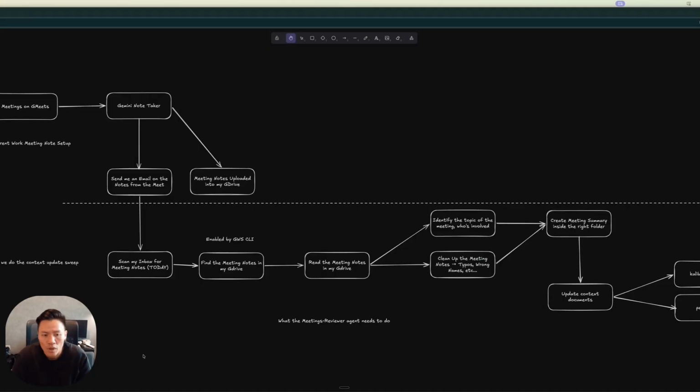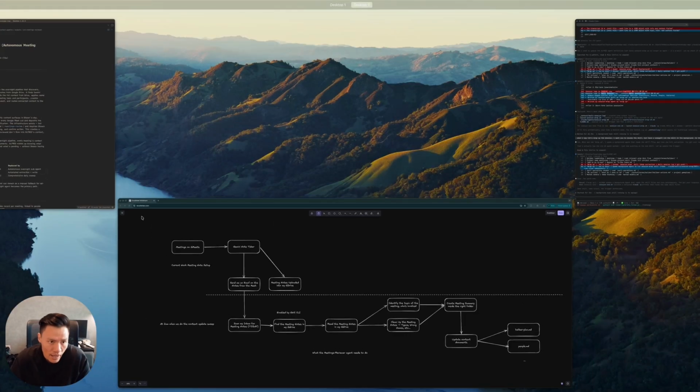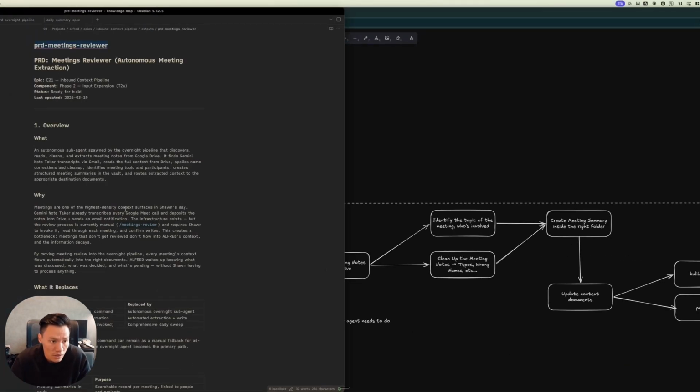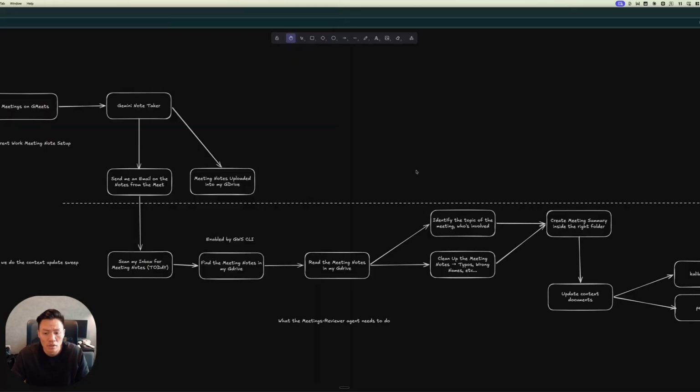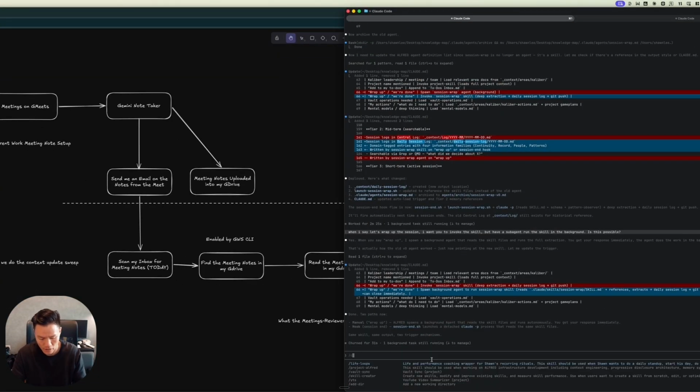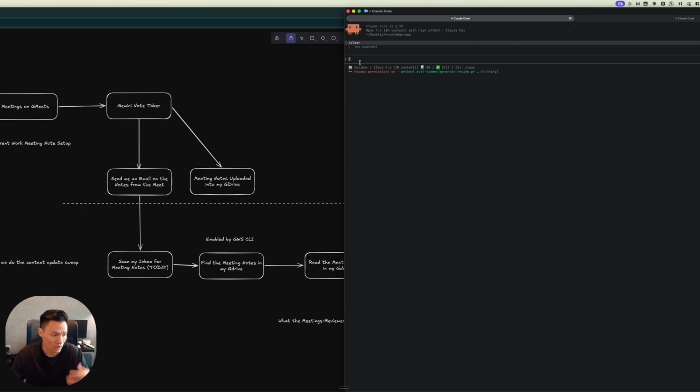Okay, so now with the session wrap agent done and the meetings reviewer scoped out, the next part of it will actually be to build the meetings reviewer skill. So what I like to do typically is clear the context window, and the reason why I do this is so that I'm not over-bloating the context window unnecessarily. I think it was at 18% before, and that is reaching about the 200,000 limit. Right now we've got a 1 million context window, but as you go above 200k, it tends to get more expensive, and yeah, the accuracy